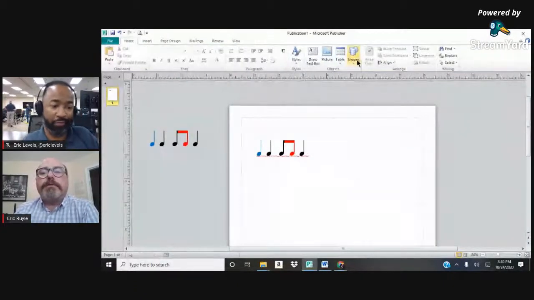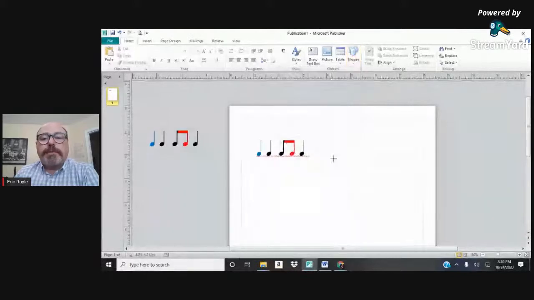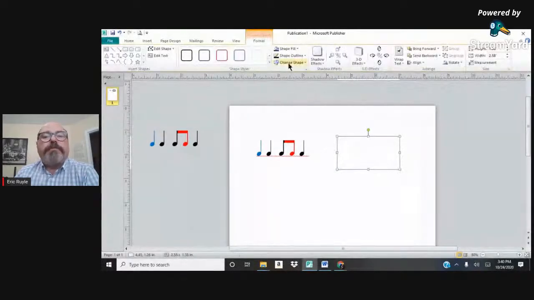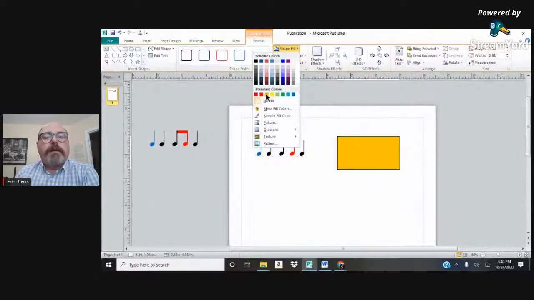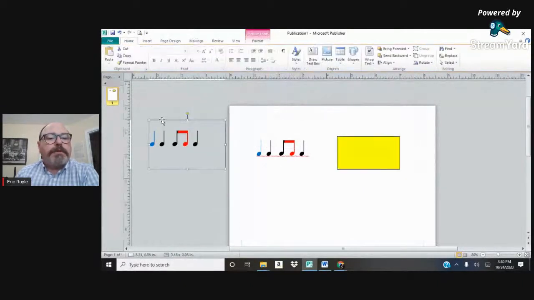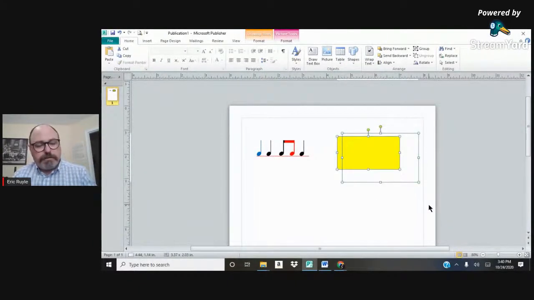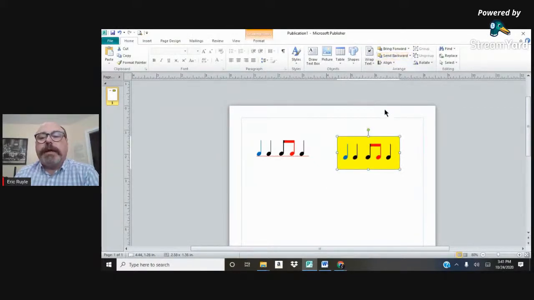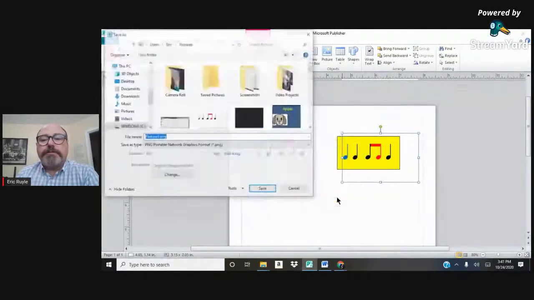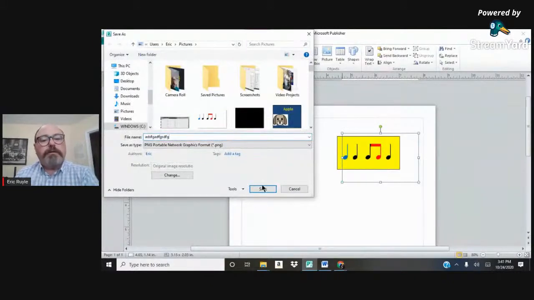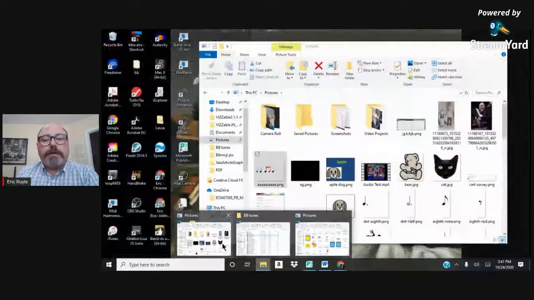Let me put a shape in here. Let's see what shape. Sometimes this works for me, sometimes it doesn't. I'm going to fill it yellow. Get my image, put it on top. Group them together. Oops. Group. Bring the, let's see. You send this backwards. There. So now it's behind. There we go. Now we got it. Boom. Save this picture. It should, when I come back in here.